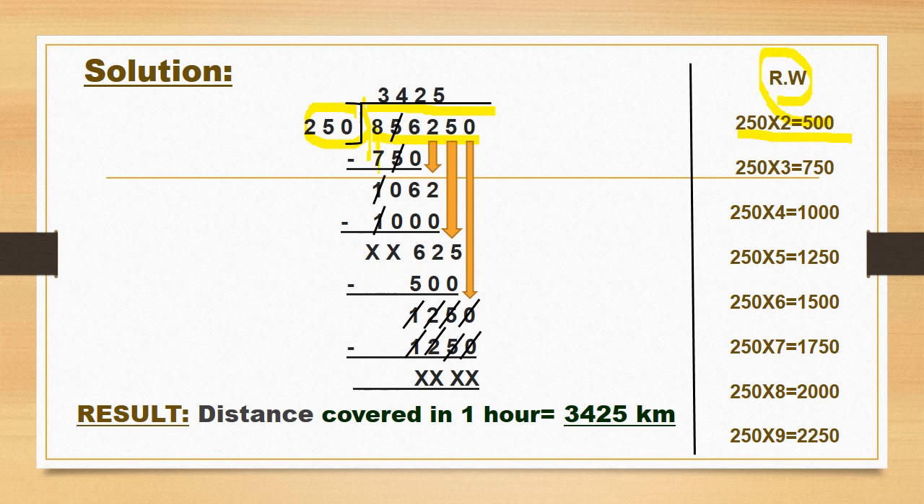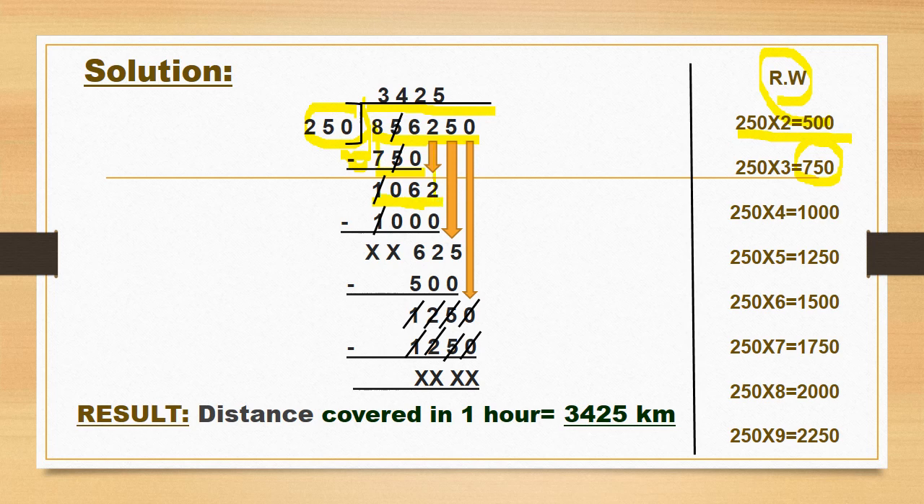Then starting from your left hand side, now what comes nearest to 856 in the 250 times table? 750 comes 3 times. So we write 750 below the number 856 and then subtract it. As you normally do in subtraction sums, we do the subtraction here and we get 106. After that, in the next step, carry down 2. Now divide